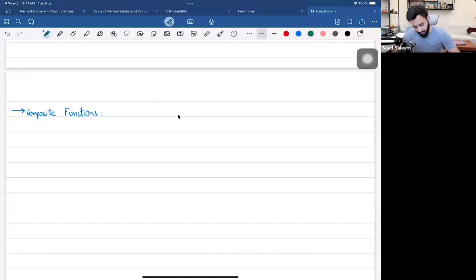So what's a composite function? By definition, it is basically a function made of two or more functions. It's when you plug in one function into the other, then what you get is a